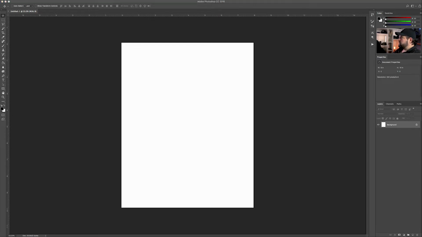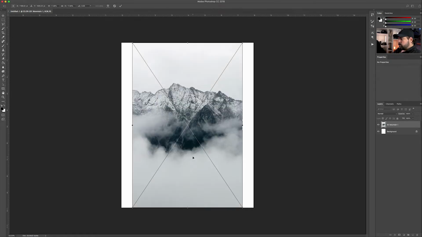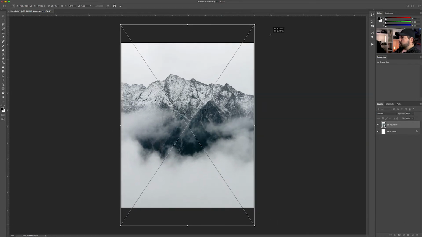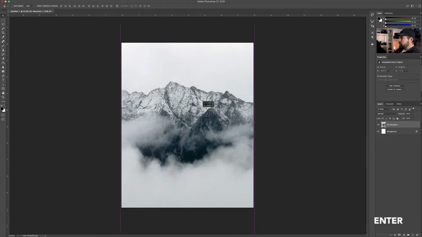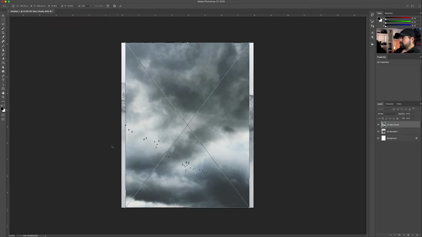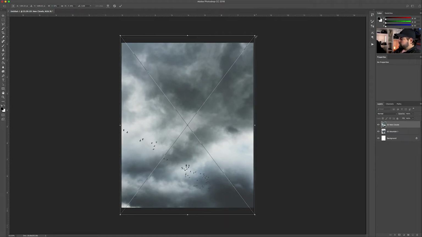Now let's start by bringing up the main background. So this is our mountains, and pressing Command T we bring up the transform tool. We hit enter. Let me lower. No, you know what, let's leave it like that. And now I'm going to bring up the new sky because this one is really boring. This one is better, of course. So let's position it in place